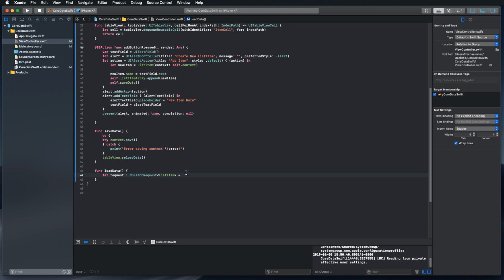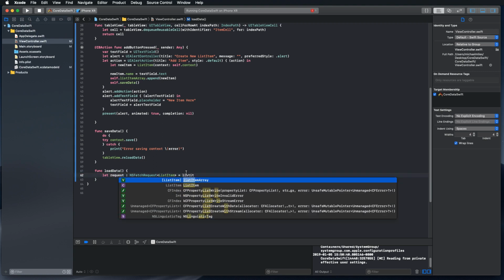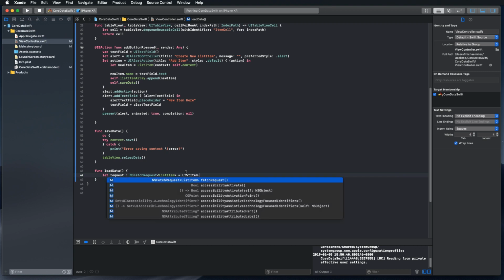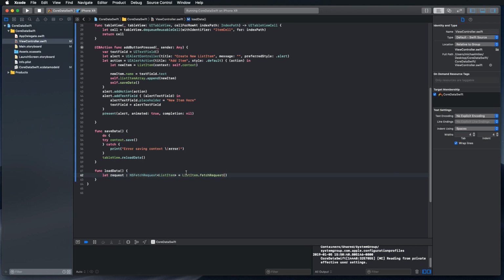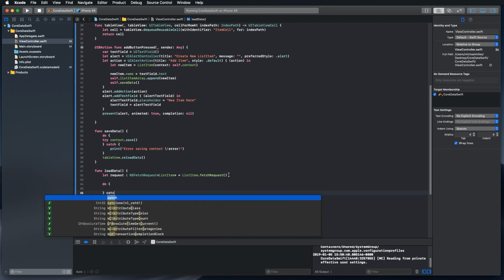And that equals our list item dot fetch request. See, so we were clear about what this was. And here we're going to create another do catch block because the fetch request throws an error. So we're going to do catch,